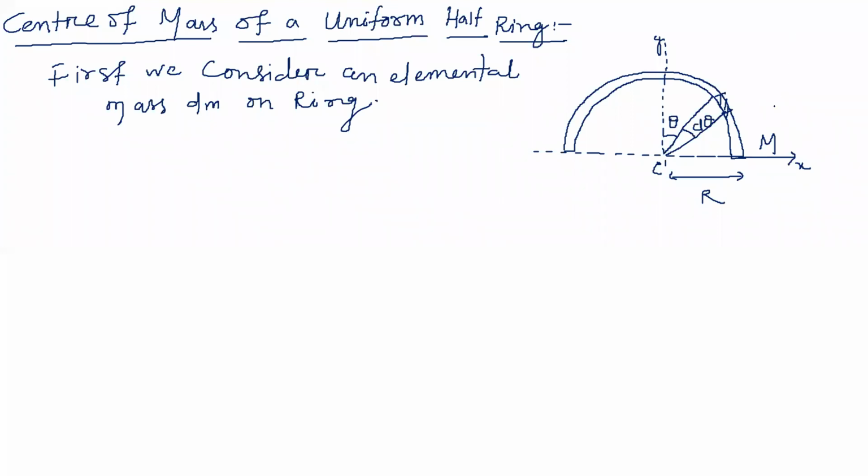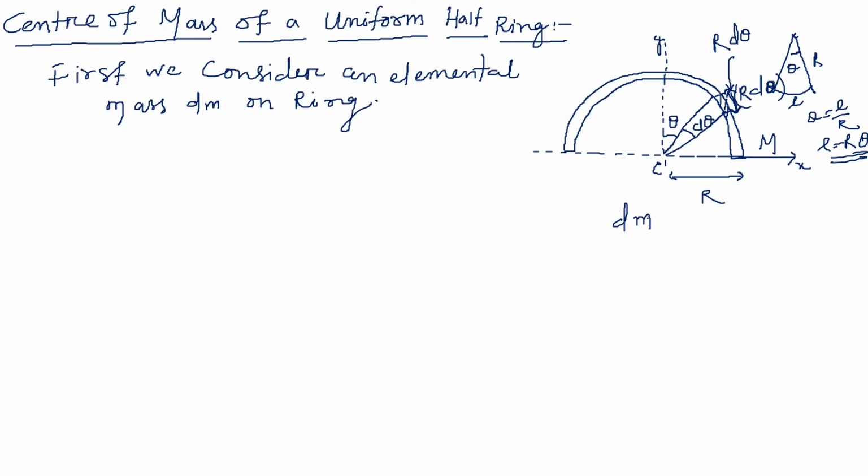Correct, students? You know this thing from your early classes. You know this is theta, this is the radius, this is the arc. Yes or no? You know theta is equal to L by R, and L is equal to R theta, in an arc. So here, the small part you are taking, what is the length of this arc? L is equal to r theta, and here r is constant, so the length is r d theta. Getting it, student? This length is r d theta. And if the total mass is m, what is going to be the small mass of that small element?